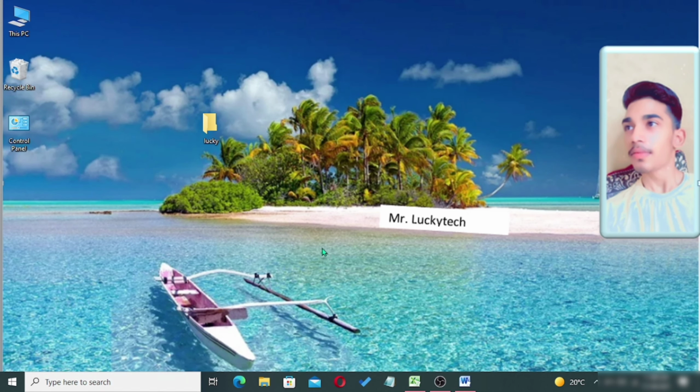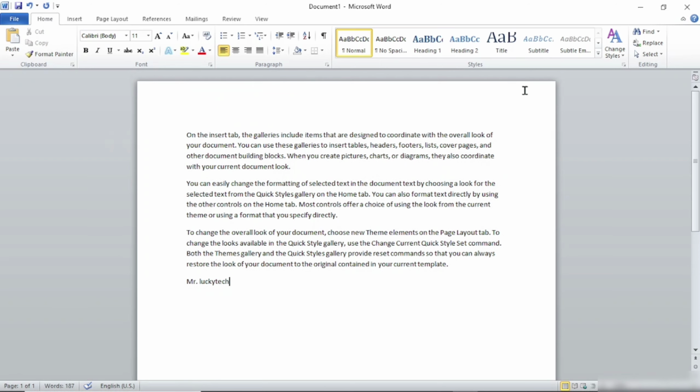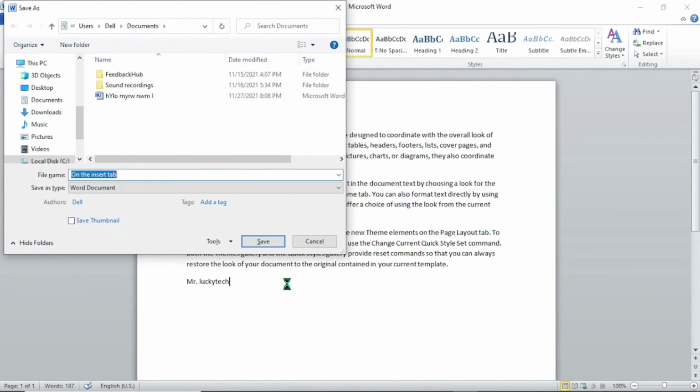So our next key is the F12 key. F12 is used as Save As. So I will firstly open this and I have to save it. Yesterday also I told you that for save we have to press Ctrl plus S. That was one shortcut key, and for another shortcut key we have to press F12, only the F12 key, then the Save As option will automatically come. If we press only F12, then the Save As option will come.